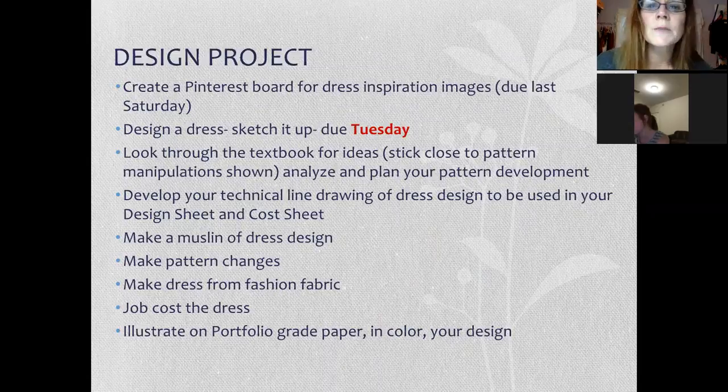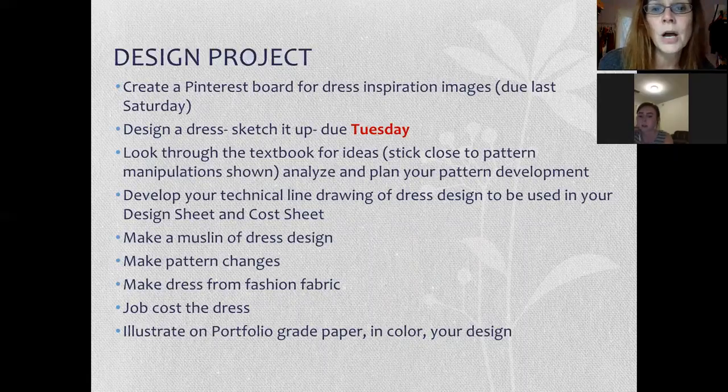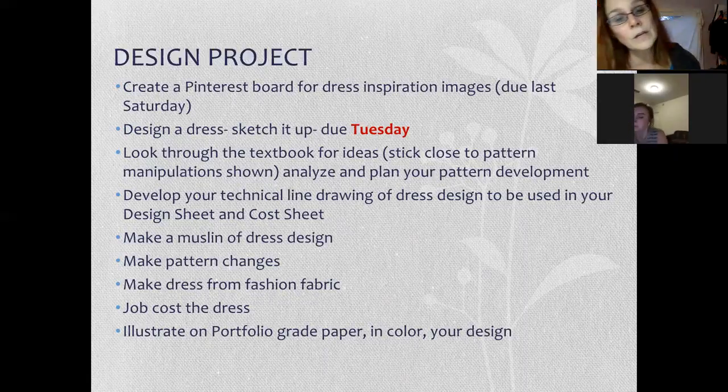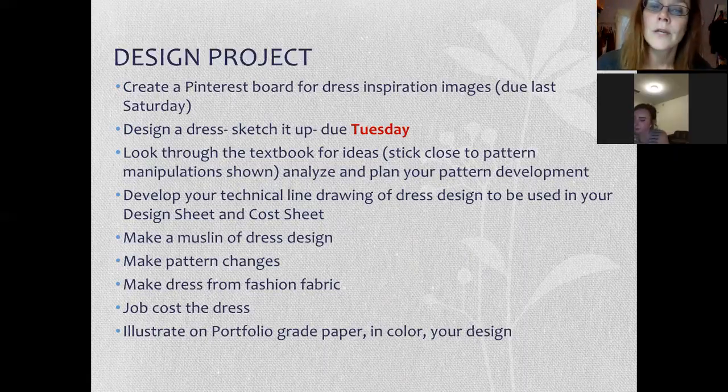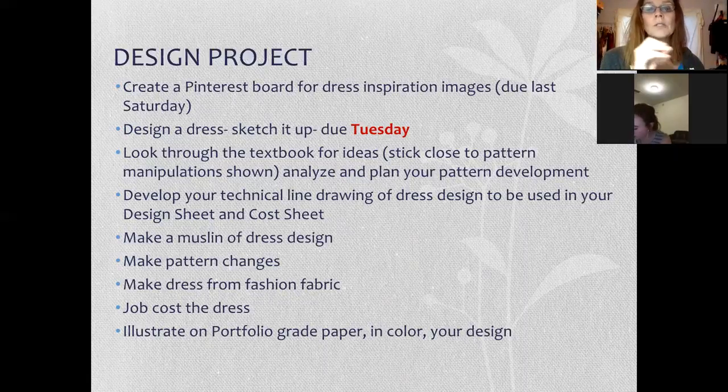Looking through your textbook, if you pick patterns that already are showing the manipulations in the book, it makes your job easier. Developing your technical line drawing of your dress will be in your design sheet. And then in week 3, we do have you go through the exercise of costing the garment as well, because that is definitely something we want you to feel very comfortable with being able to do